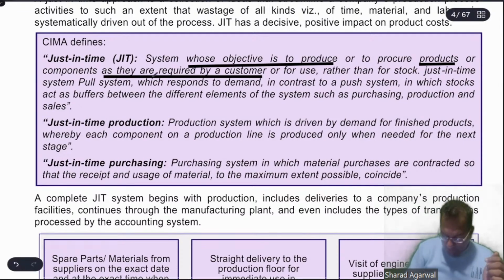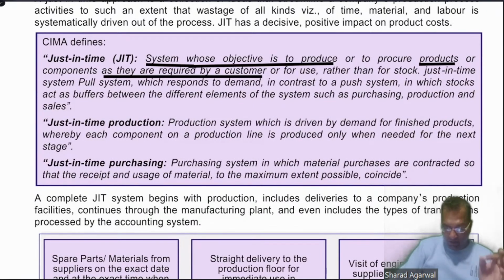तो जो मैंने अंडरलाइन किया, अगर आप इतना पढ़ेंगे, it means it's JIT manufacturing: system whose objective is to produce product if they are required by a customer. So it means you are talking about JIT manufacturing. Okay, now